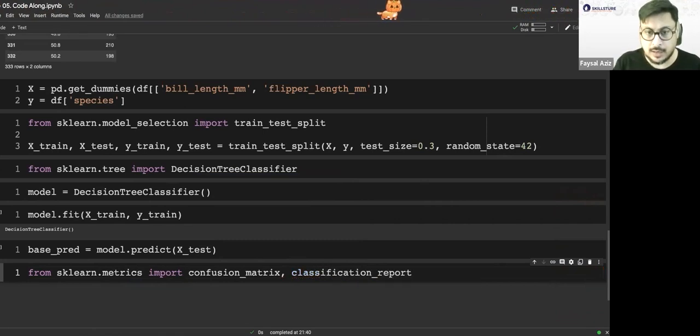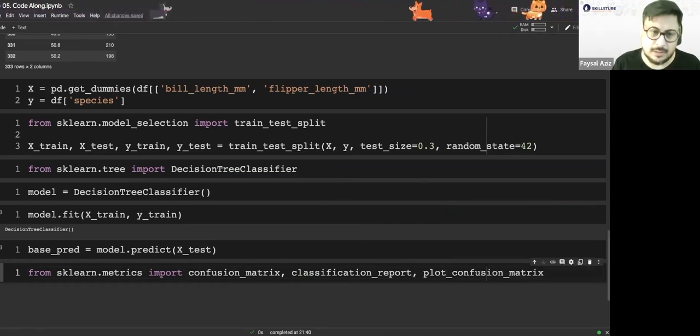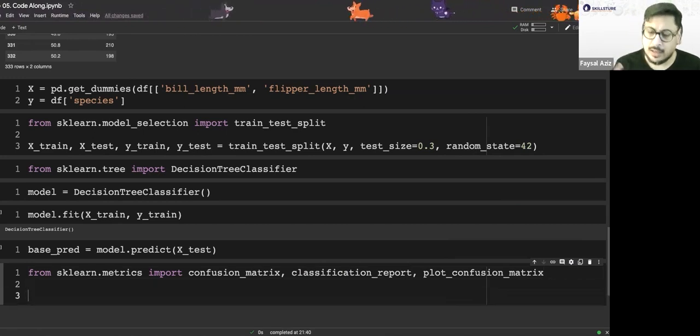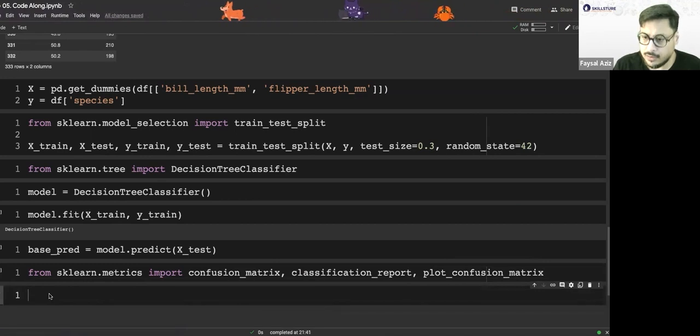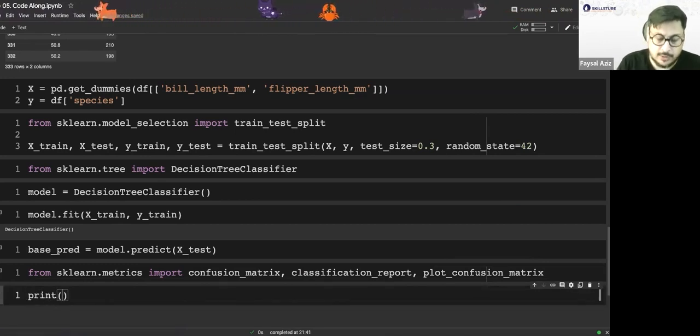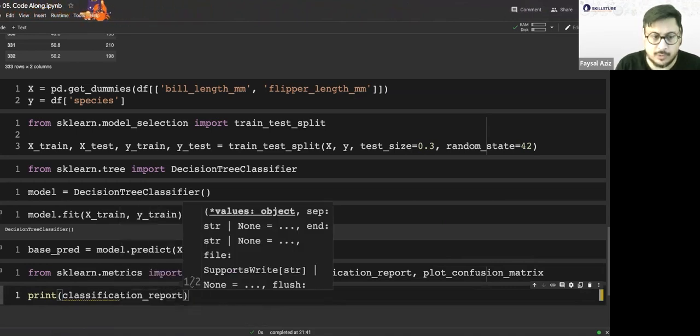Classification report. Maybe a plot confusion matrix. But yeah, we don't need to all use that, but let's just import these. Okay, they've imported properly. Now let's see how good our prediction was. Print classification report.